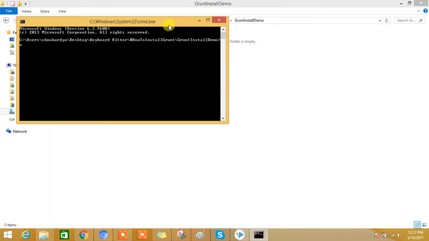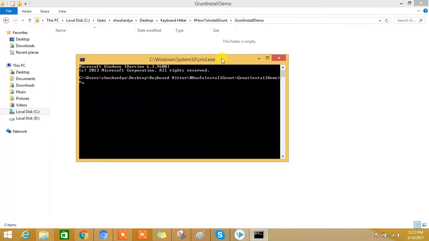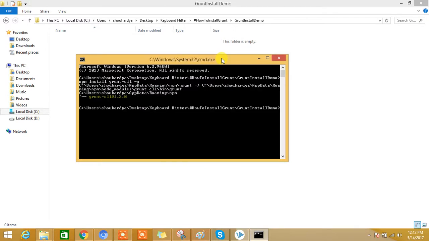To do that, we'll open this directory in a command line window and we'll execute npm, which is Node Package Manager, install command and then grunt-cli. This is an external Grunt module we'll use to access the grunt command. Now this -g means we can access the grunt command from any directory within this machine. We'll hit the enter button and wait for a couple of seconds to complete the installation process. And once this is done, it's completed. Now we have the 1.2.0 version of Grunt CLI with us.